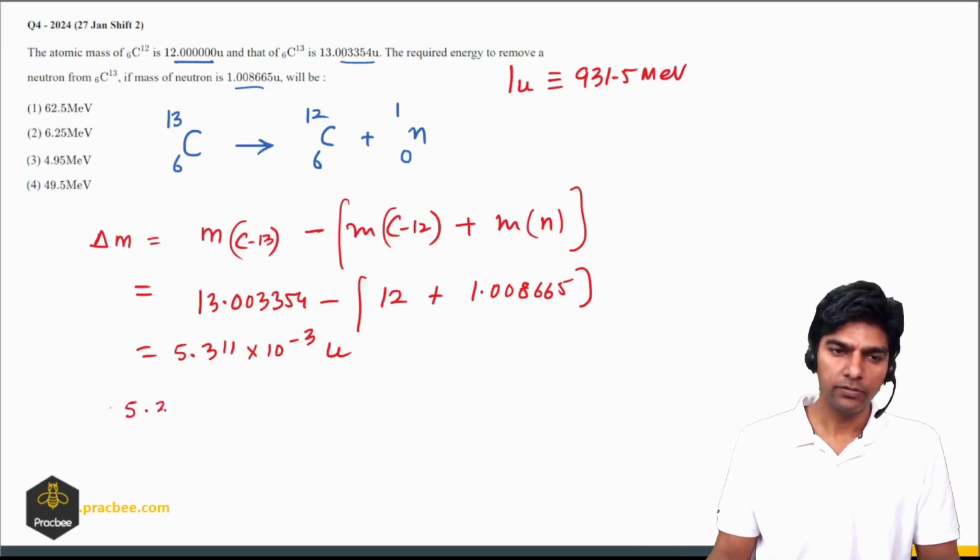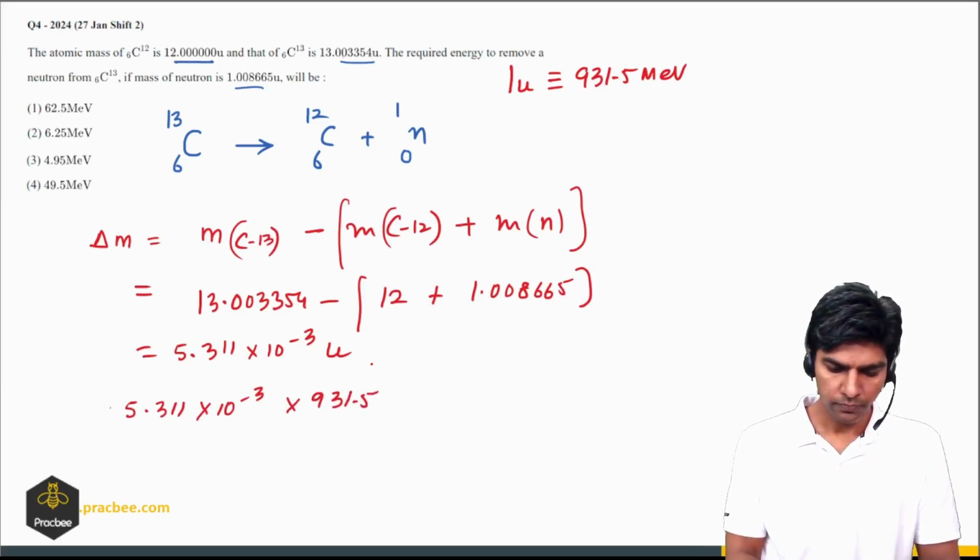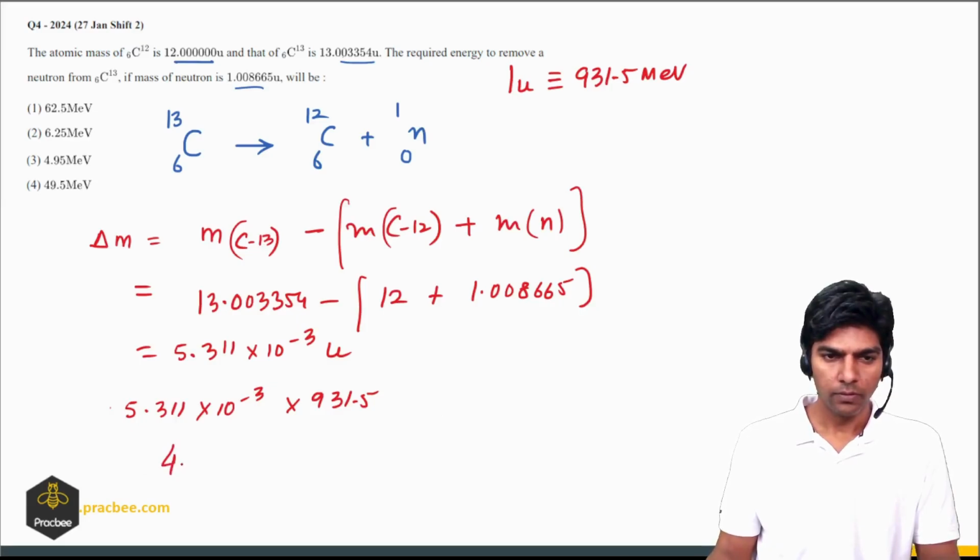So 5.311 into 10 raised to minus 3 times 931.5 comes out to be 4.947 mega electron volt,